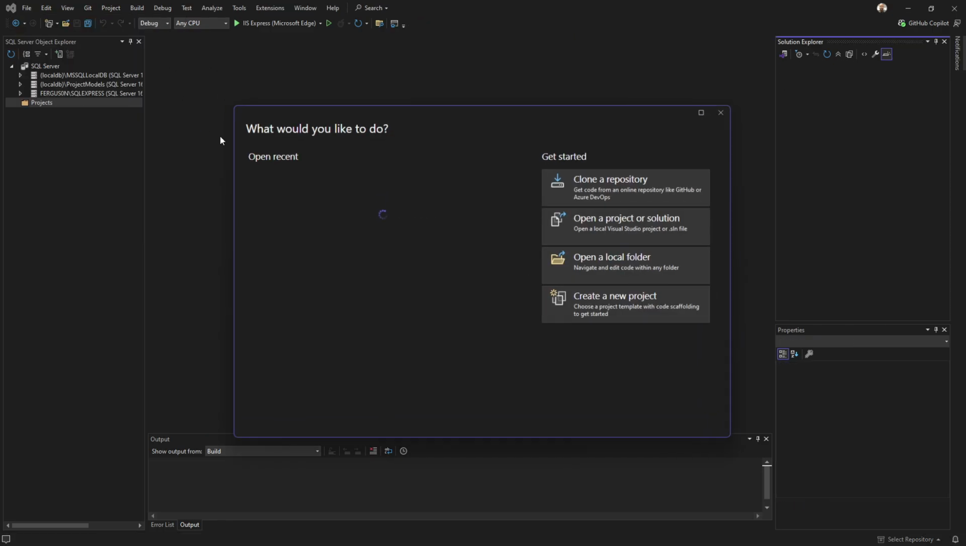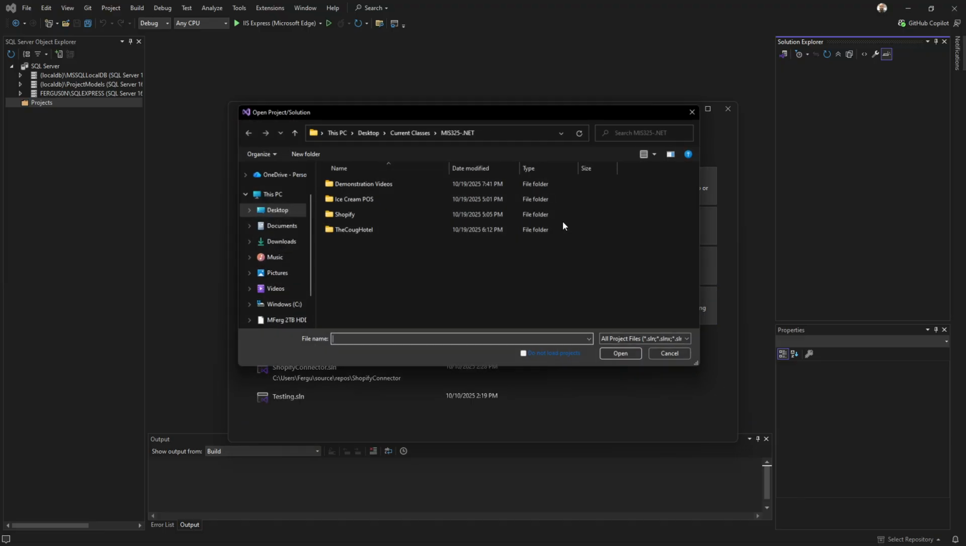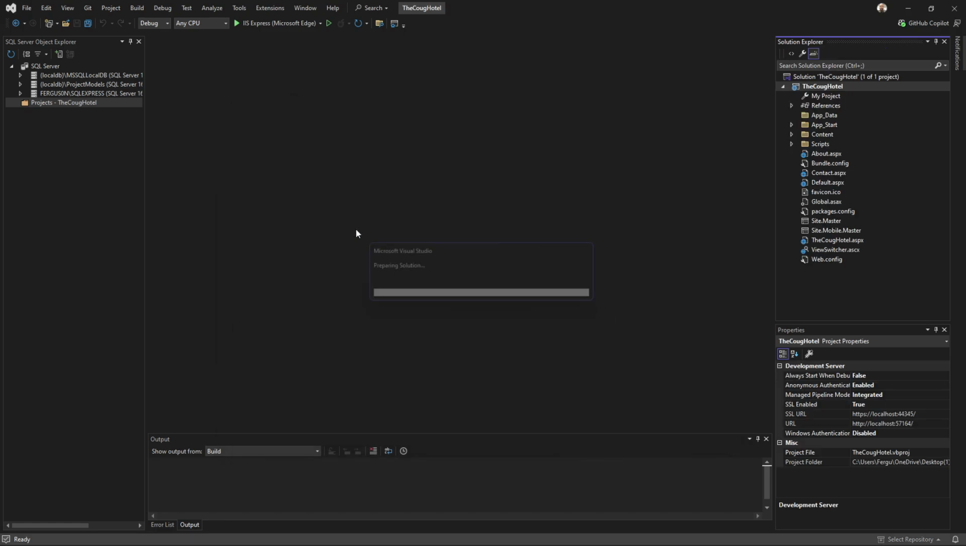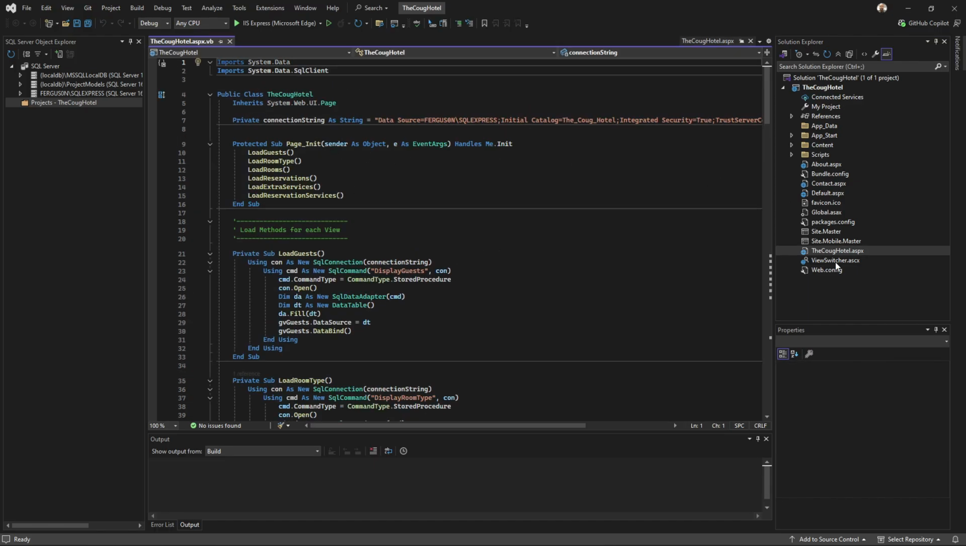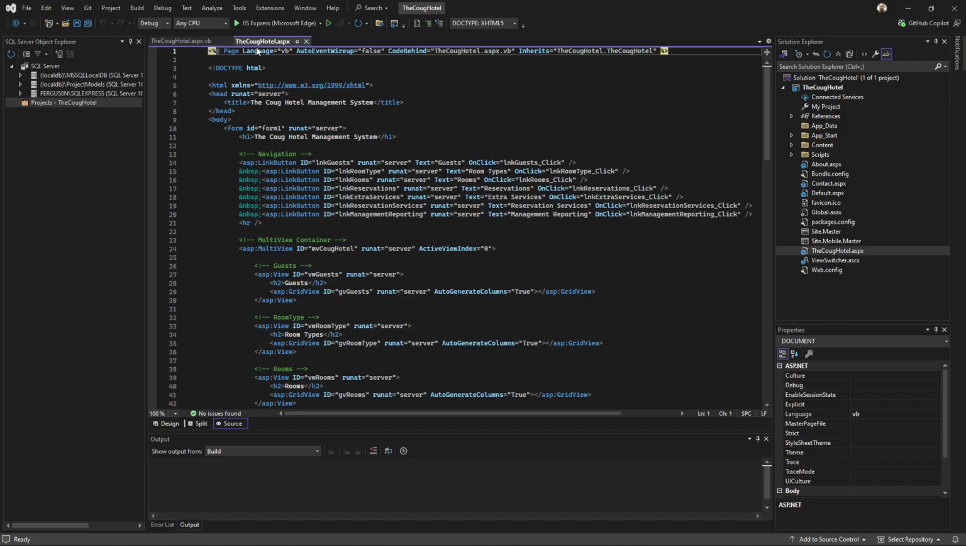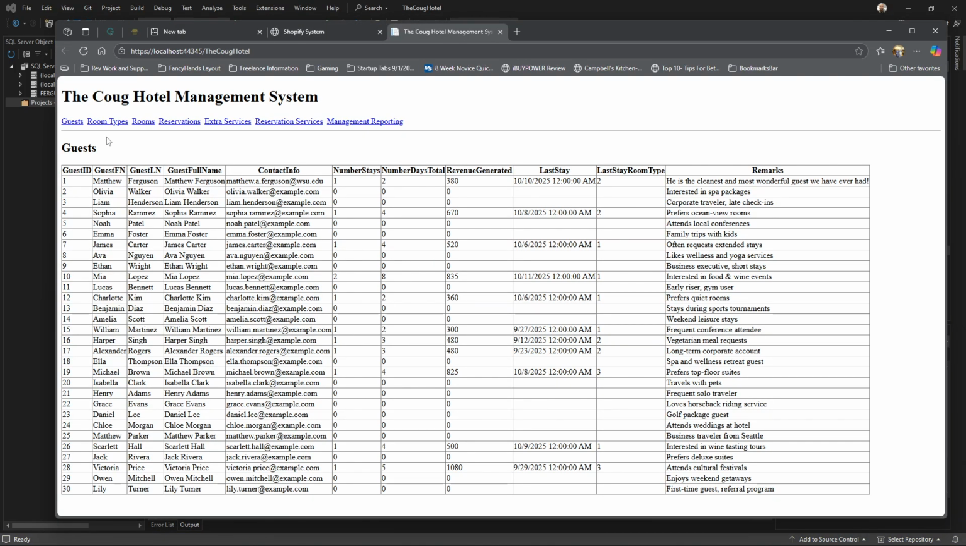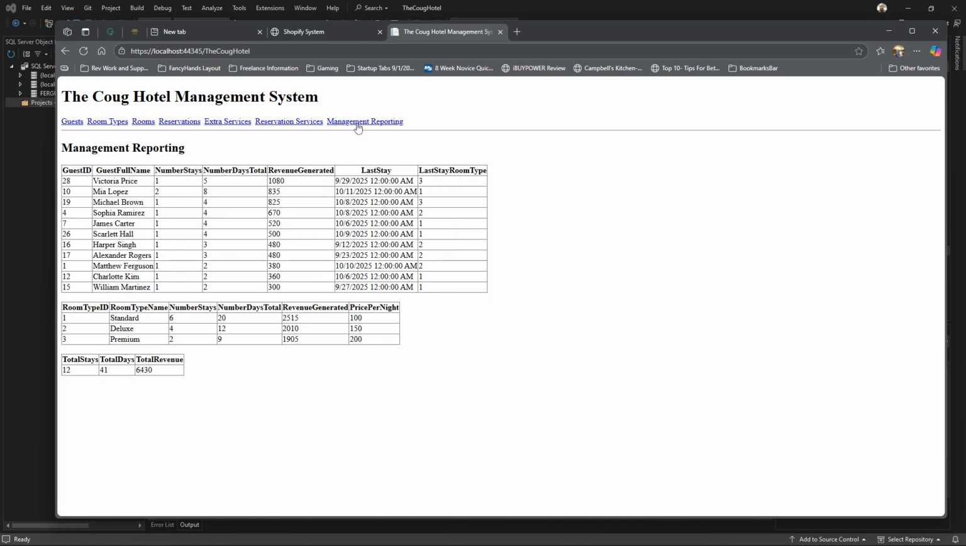Close out that, close the solution, and then I'm going to go ahead and open the Coog Hotel here. Alright, and then for the Coog Hotel, where'd you go here? I accidentally made this an app one, so it's got a lot of extra content that I don't need, but I'll go ahead and clean that up. And get the VB here, and let me get this aspx up. And pop that out. Alright, and then for this, let me just go ahead and run the web page. So this one we added in the extra service tabs in here, and then the management reporting. So just to go over it,